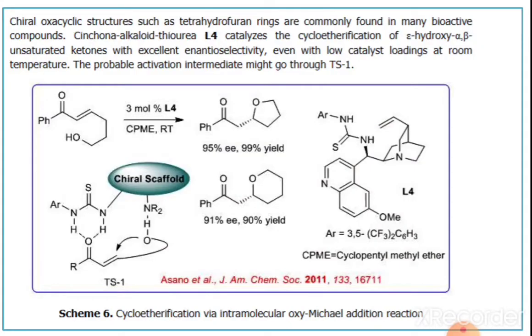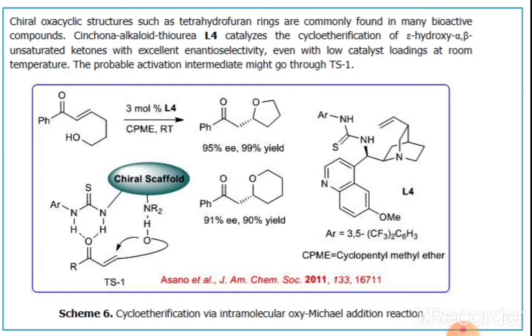Now next, chiral oxacyclic structures such as the tetrahydrofuran ring are commonly found in many bioactive compounds. The cinchona alkaloid thiourea, that means the L4 catalyst, catalyzes the cycloetherification of gamma hydroxy alpha beta unsaturated ketones with excellent enantioselectivity,